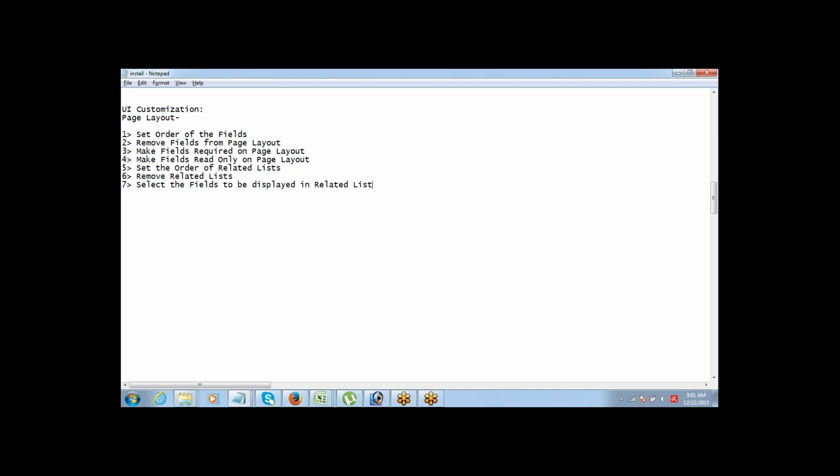Alright. Any abilities that you need beyond this, these are all basic customization on the page layout. Anything that you need to do beyond this, you need to take help of a bit of coding or programming. That's something which you will do with the help of Visualforce. But for now, I want you to have this understanding. This much of customization you should be able to do. Right? Okay, so that's what we are going to talk about for today.